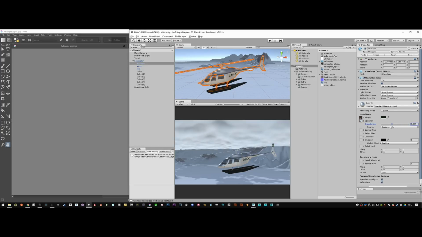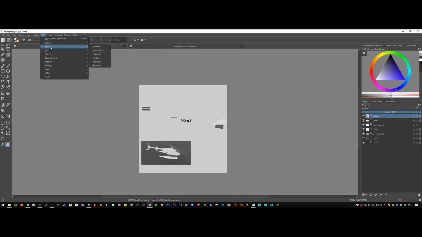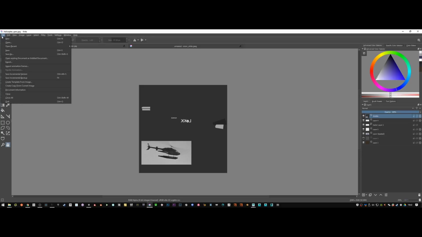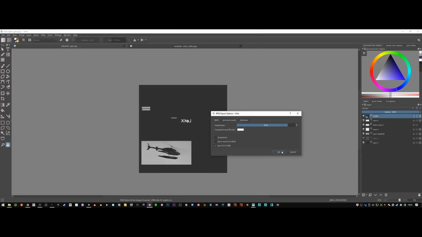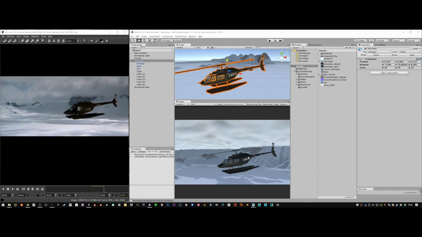Okay. And we'll reverse it. And inverse, and we'll save that again. There we go, much better. Take down the smoothness a little, and we're all set. And a few things I'd like to do just before I call this done is darken up